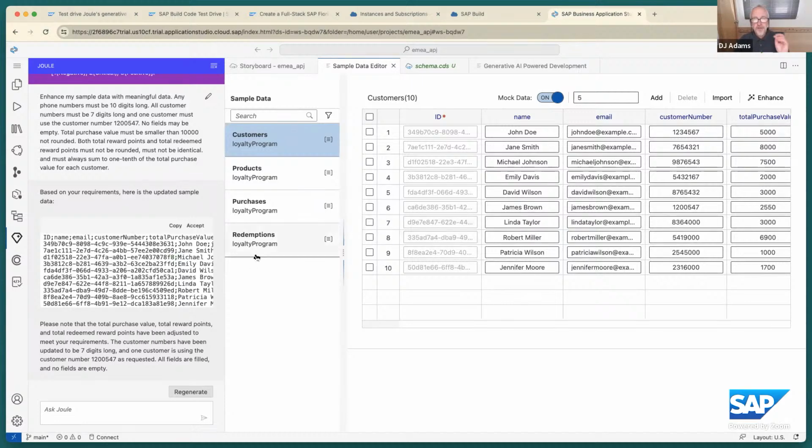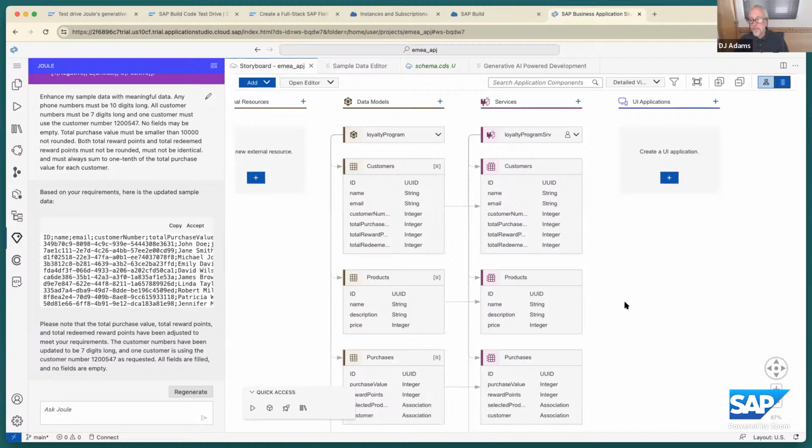There's just a taster of what we can do. I don't want to skim over that. Already, this is a massive step up from what you used to do before. Well, let's have a quick look at the schema again.